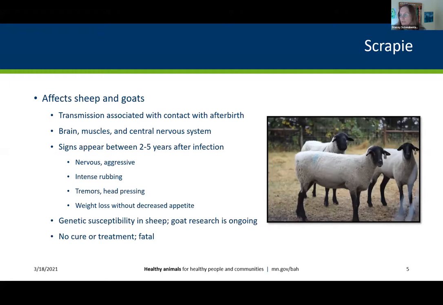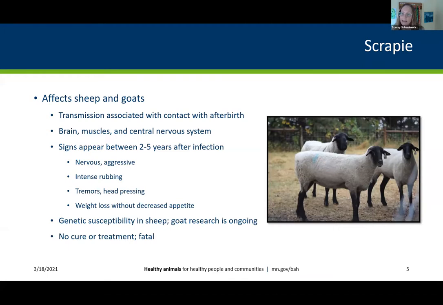Scrapie is a disease that affects both sheep and goats, and it's transmitted with the afterbirth. Typically, the big concern is when the ewe is lambing or the doe is kidding, they produce the placenta and allantoic fluids, which is a specific fluid during the afterbirth process that contains the infectious agents.